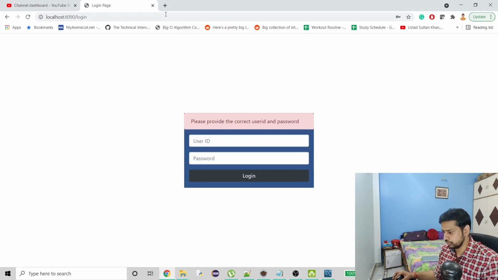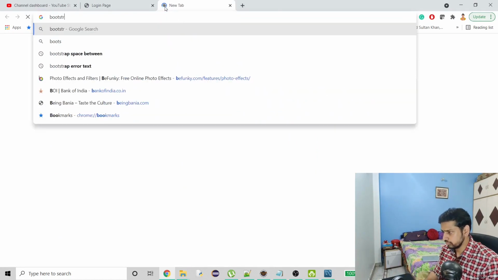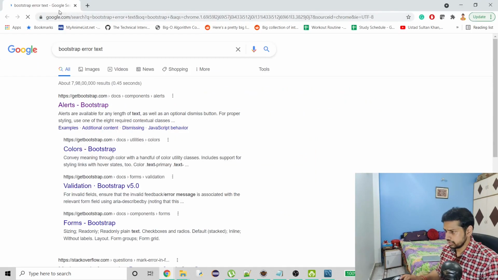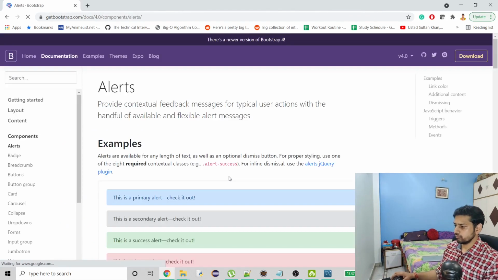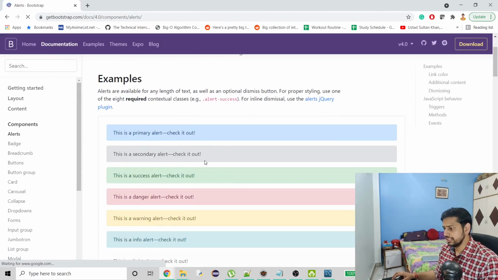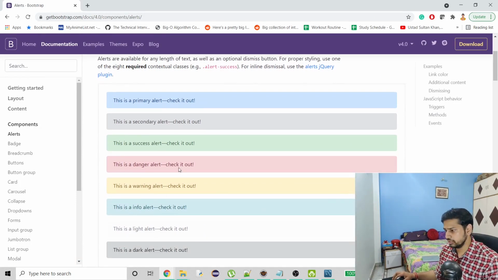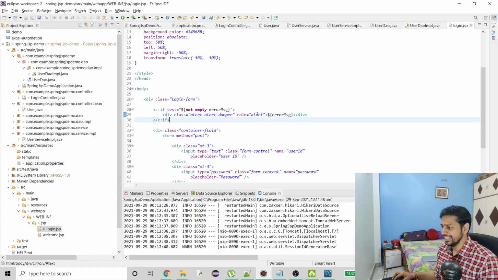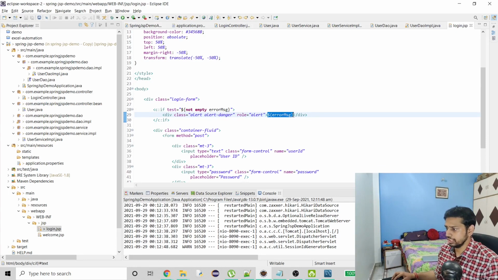I can do that right now. Error text, I think I did this. So here you see these are the options that you have. I chose this one, the Danger one, because this is an error. That's how I'm displaying the message here, and in case it was successful, it won't display.